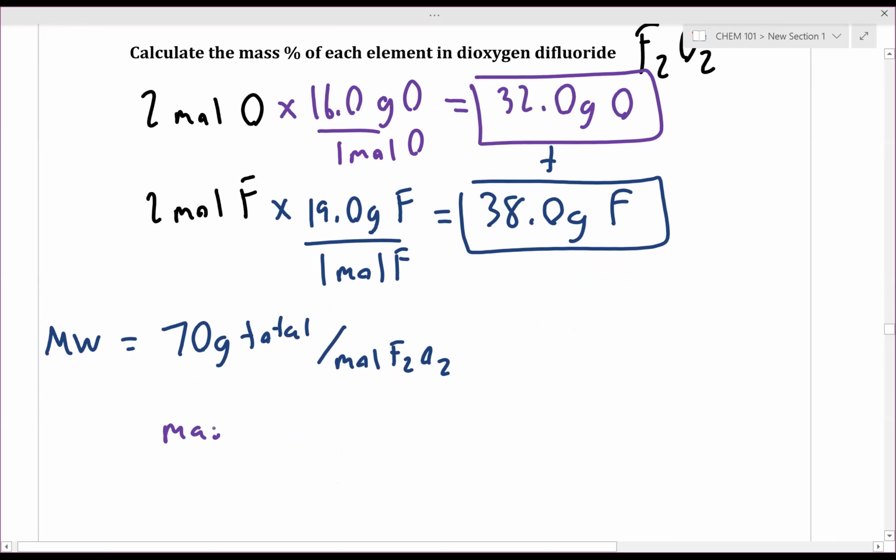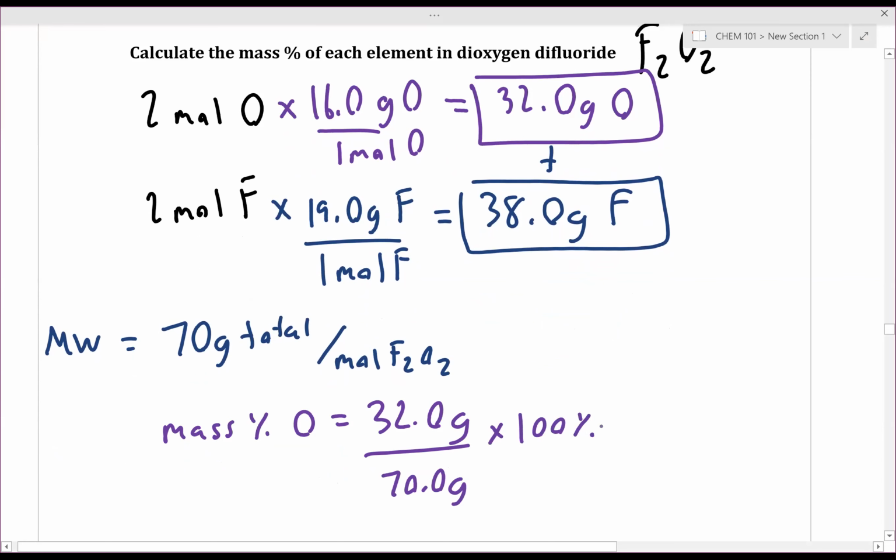So let's do just that. So the mass percentage of oxygen, what is the total mass of oxygen in our sample? 32, yep. So we have 32.0 grams, and we have 70.0 grams total times 100%. Everyone's comfortable punching this into the calculator, right? Okay, so let's just do that. 32 divided by 70 times 100, and that in turn gives us